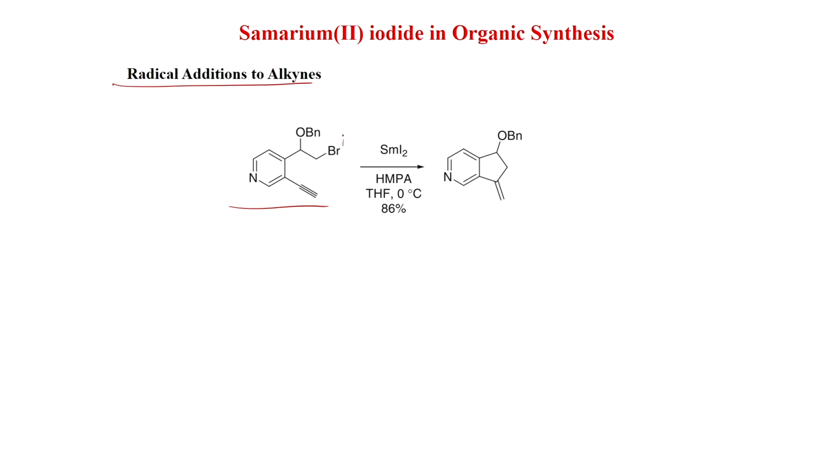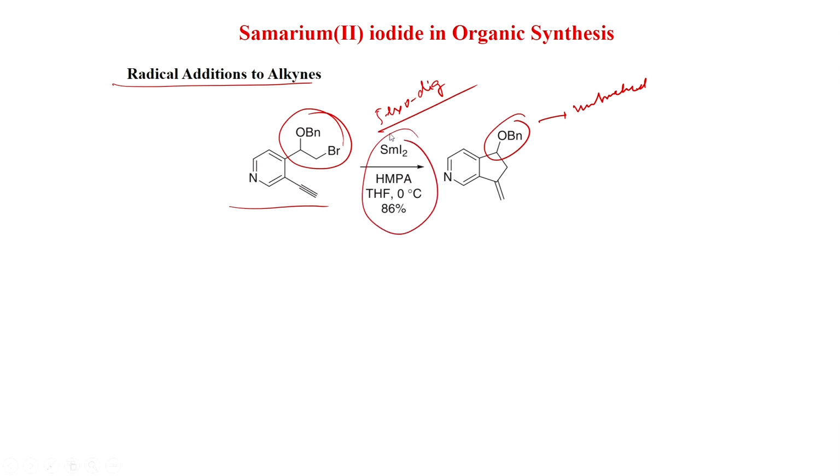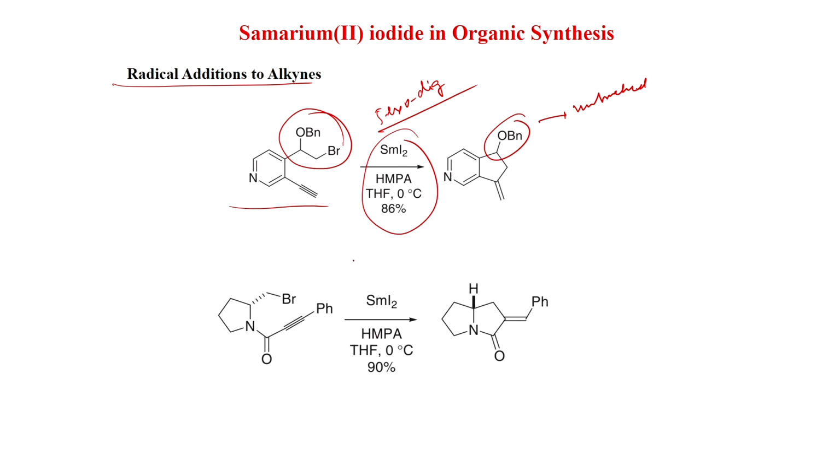And lastly, we will discuss radical addition to alkynes. So, like this alkyne, this is the OBN, CH2Br is there, and OBN is untouched, and in this case 5-exo-dig reaction is happening. So, here the radical is adding to the alkyne, and with samarium iodide HMPA THF conditions, you get 86% yield, and in this case also